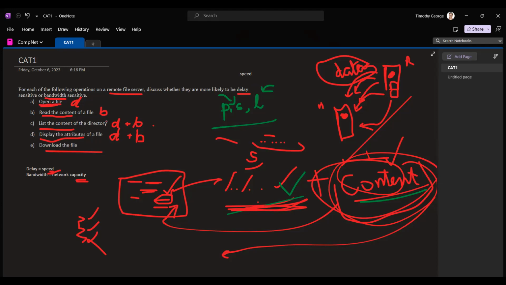So it's nothing to do with your delay, the previous delay sensitive events. It's just moving content from the host, moving content from the remote to the host across the network. So it's only content related. And that means it's only capacity related. That gives us bandwidth sensitive. These are the answers